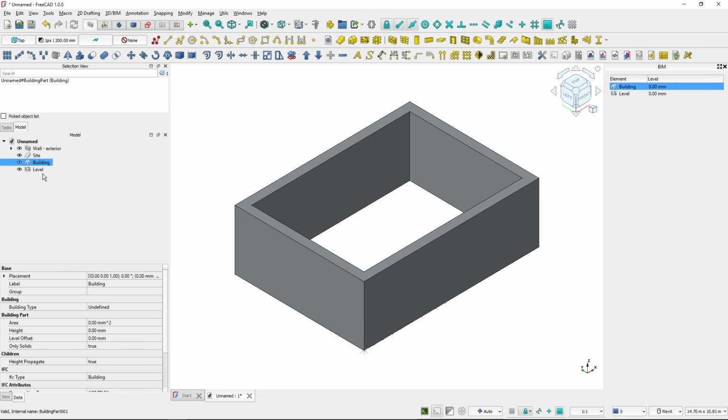This will be the level, and I can rename it. So for the building, I will again hit F2, name it building garage, and the level will be 0, 1. And I want to have the building inside of the site, so I'll drag and drop the building onto the site like this. And then I want to have the level inside of the building, so I'll drag and drop the level onto the building,